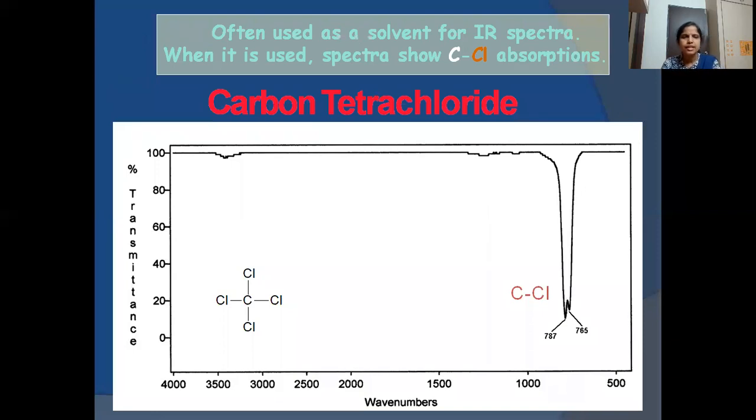So we'll take an example of carbon tetrachloride, CCl4. See here in the functional group region, you are not able to see any bands. No bands means there is no sp3 CH or sp2 CH. One sp3 carbon is there, but there are no hydrogens attached to that carbon. That particular carbon is attached to only Cl, so we come across only this band, which is due to CCl absorption bands.